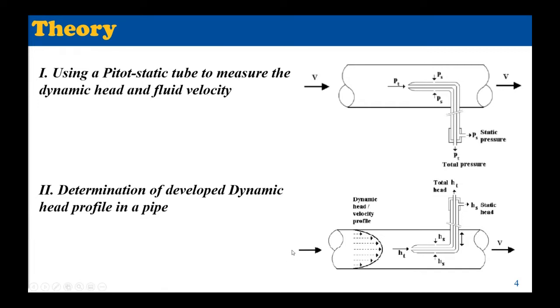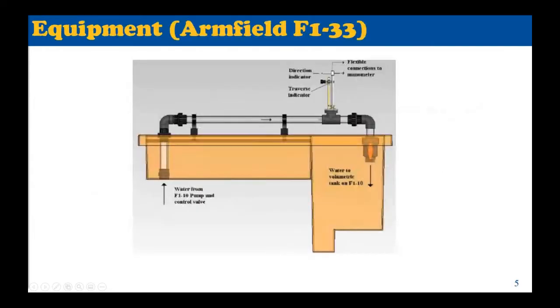So we know that when the fluid flows, there is a boundary layer towards the pipe wall. The flow velocity is 0 at the wall, and the velocity is maximum in the center. So there is a profile, and we'll take the data and develop the profile for our setup. So next,